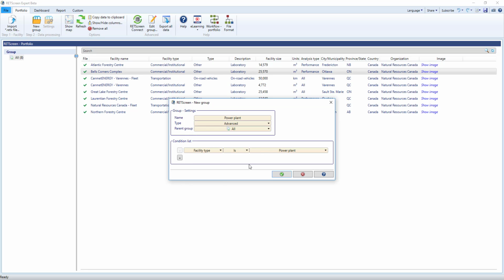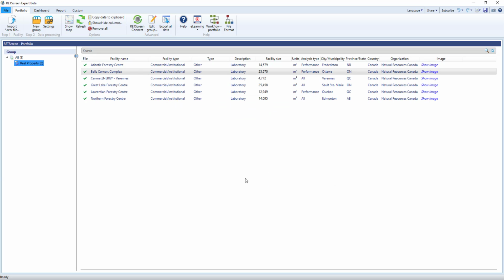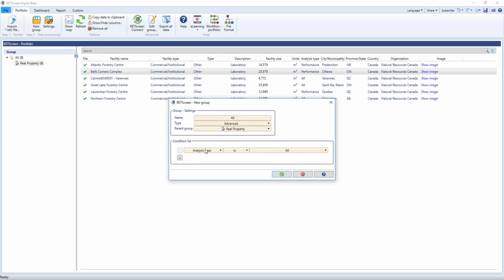select Facility Type is not Transportation. What I'm doing is I'm creating a real property subgroup, so I type that in the name. When I click OK, you'll see that a subgroup containing only the facilities whose facility type is not transportation is